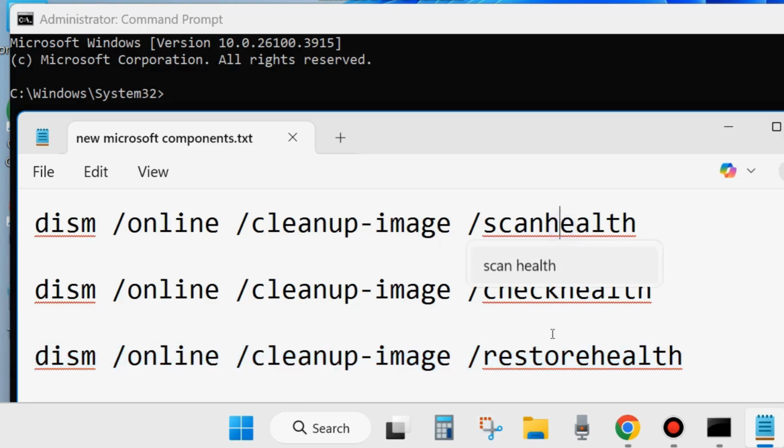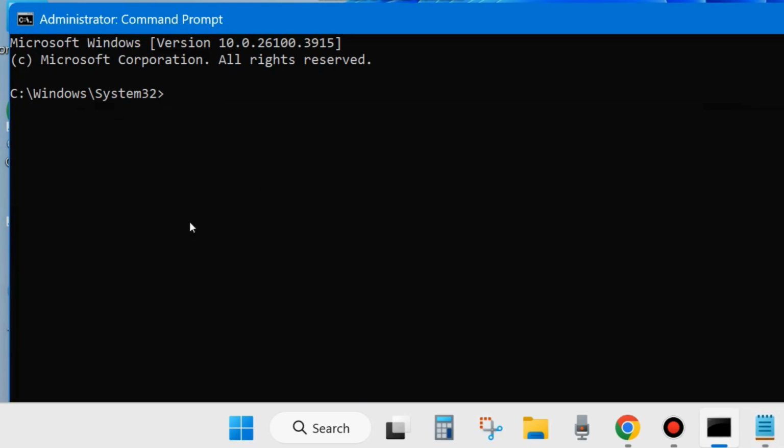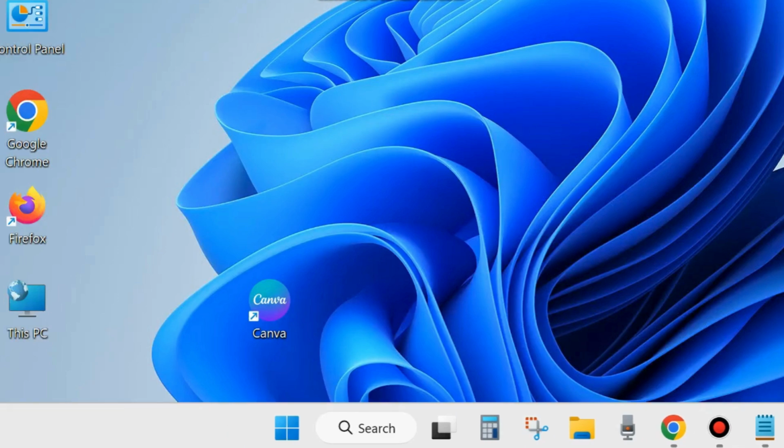Execute all these three DISM tools one by one in the command prompt window, followed by the enter key each time, and thereafter execute the command sfc /scannow and press enter. It will scan your system for any corrupted or bad system files and repair them accordingly. Wait till 100% verification completes, and after that don't forget to restart your system and check whether your error is